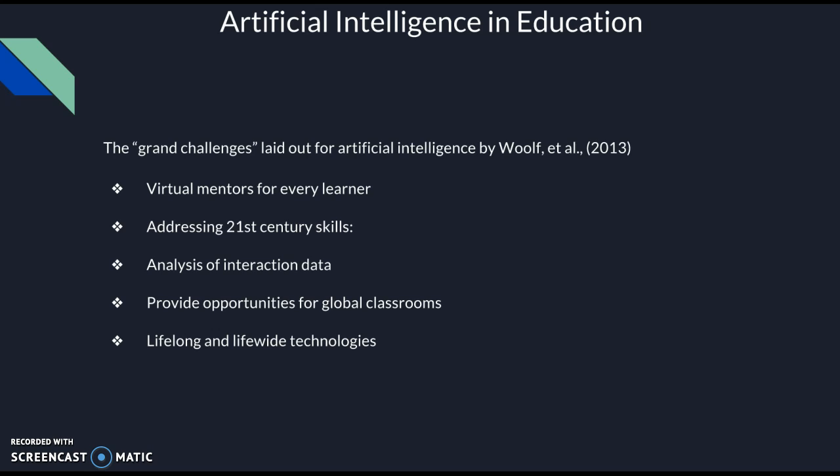And the fifth and last challenge is lifelong and life-wide learning. Now, this is the idea that education must adapt to promote the joys of learning and provide authentic opportunities that blur the distinction between learning and just living life. AI fits in this challenge by providing resources for people to interact with as they're going about their daily lives. AI systems would need to encourage learning as opposed to just supporting education or educating people on specific topics.